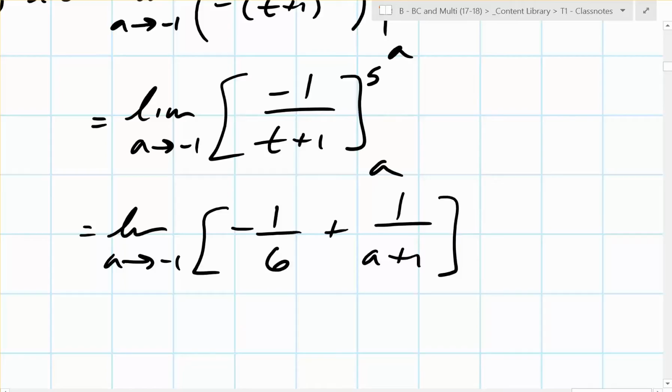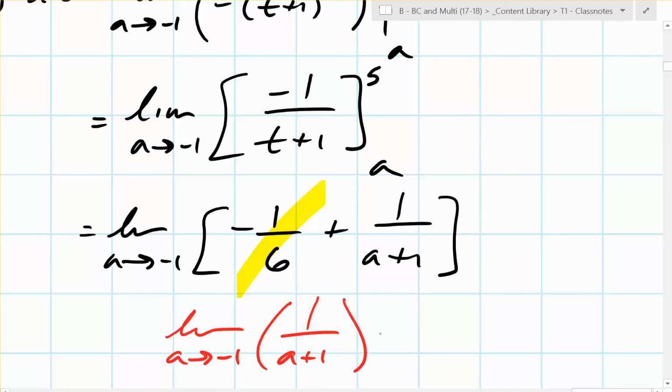We've now broken it down into something that theoretically is digestible. Well, that stays the same. That's just negative 1/6. So what are we really interested in doing here? What is the limit as a goes to negative 1 of 1 over a plus 1? What happens? What does that do? As you approach negative 1,